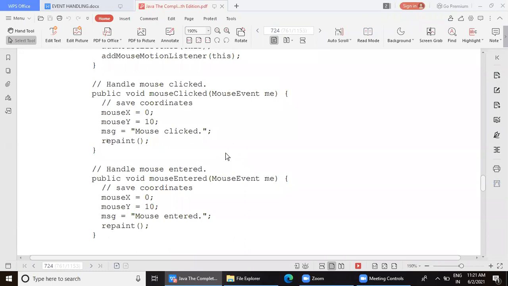And paint is a method which comes in the applet life cycle. For this, you will have to read a little bit from the basics of applet, last year's notes, last semester's notes. Fine. Anyway, so what does paint do? The paint method is used to display anything on the applet body.